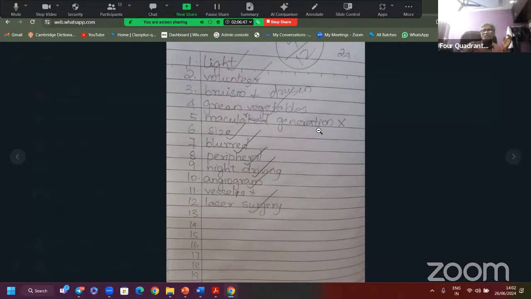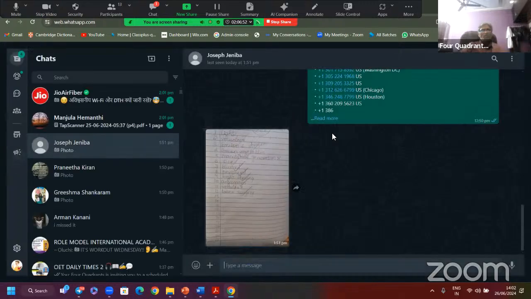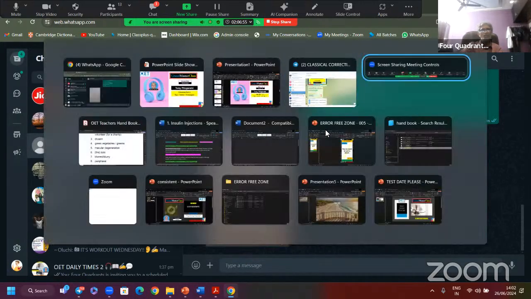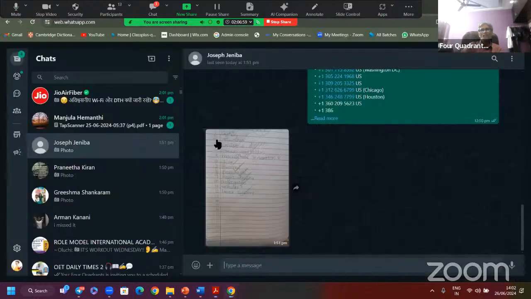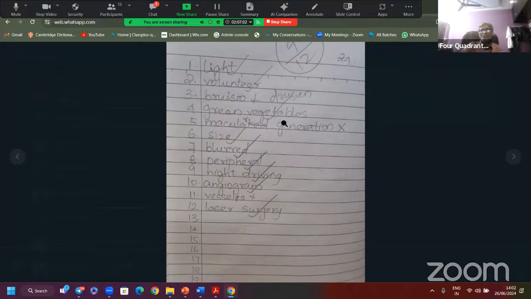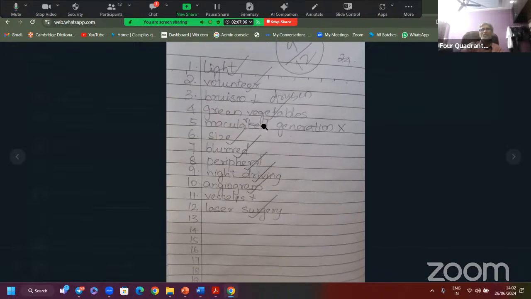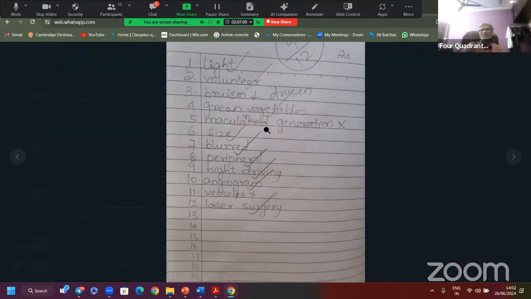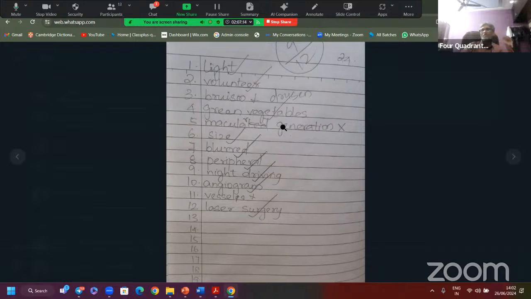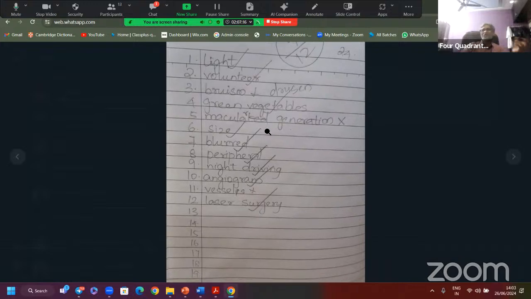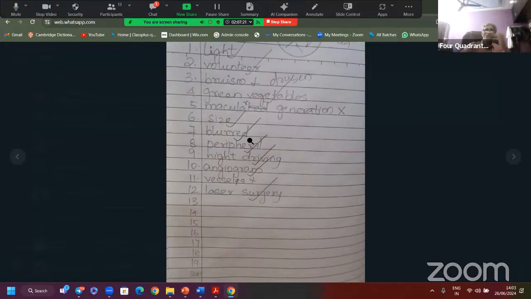Macular generation or macular degeneration. I don't know now. I have to check. Macular degeneration. That's why you got the wrong mark. Okay. Macular degeneration. You said macular, like that you wrote. This ED is actually a DE. Macular generation you are thinking. So you have to see very carefully. You got the answer, but you lost the mark. Okay.